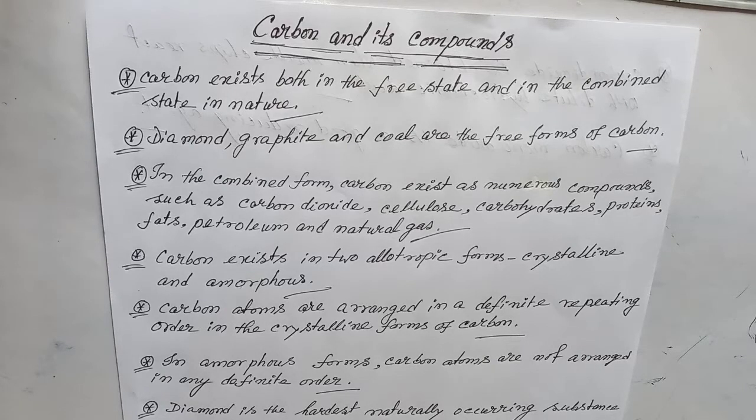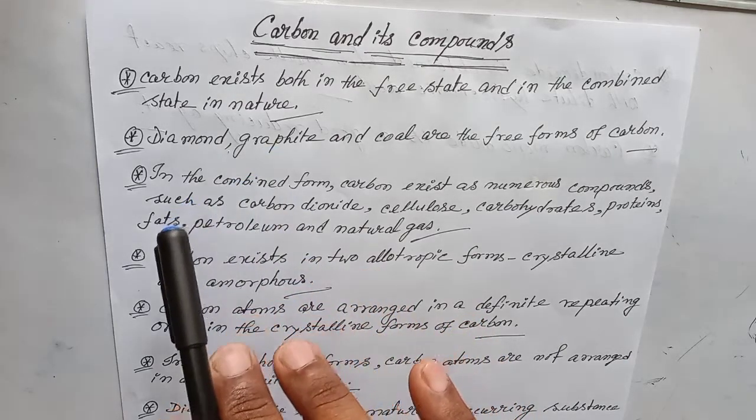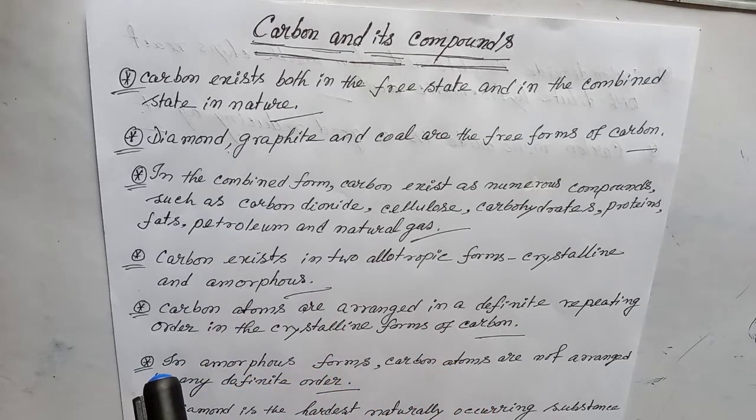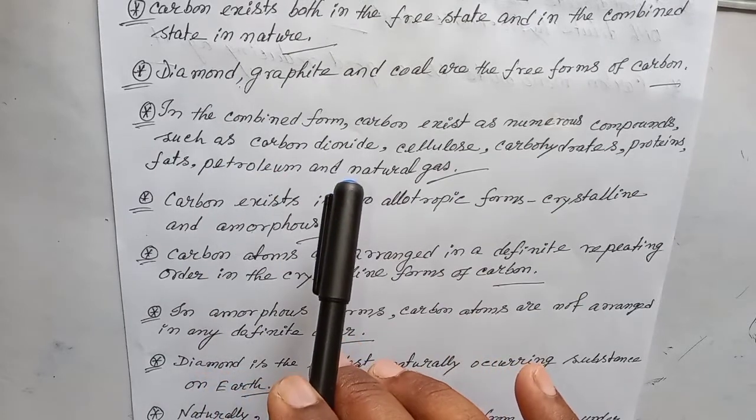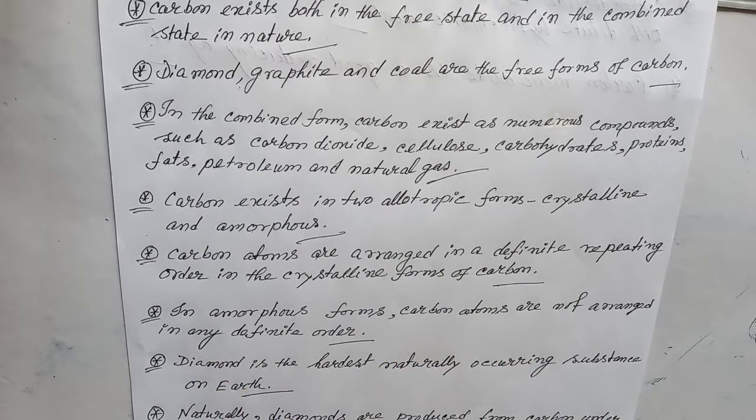Today we discuss carbon and its compounds based on ICSE class 8. At first, we discuss carbon and its compounds in summary. Carbon exists both in the free state and in the combined state in nature. Graphite, diamond and coal are the free forms of carbon. In the combined form, carbon exists as numerous compounds such as carbon dioxide, cellulose, carbohydrates, protein, fat, petroleum, and natural